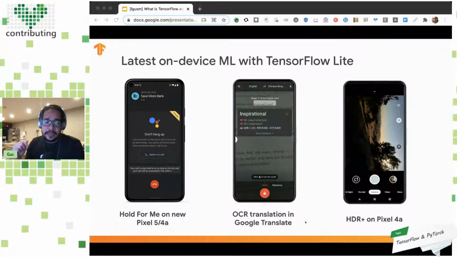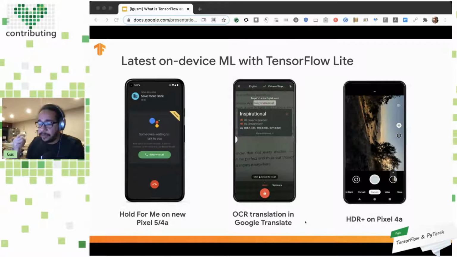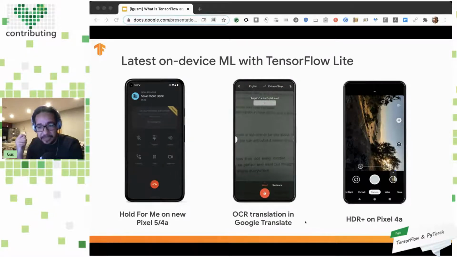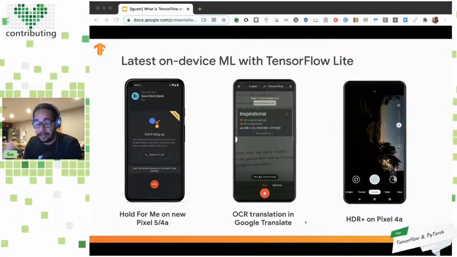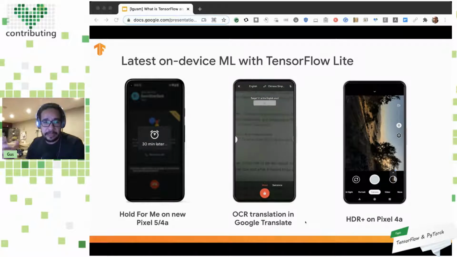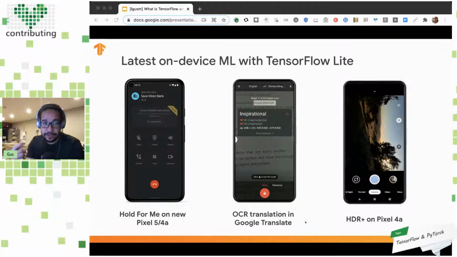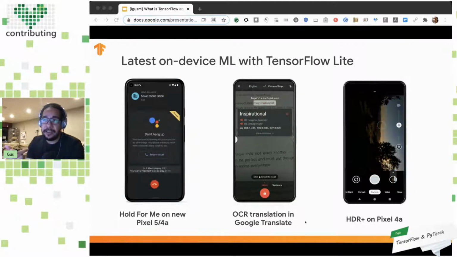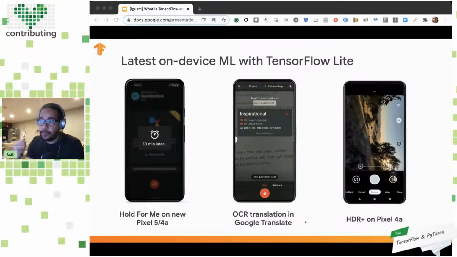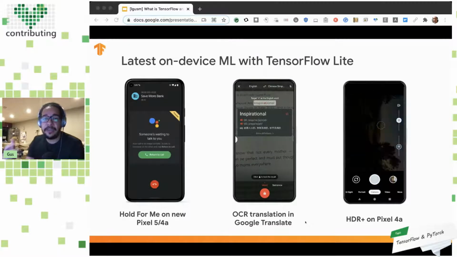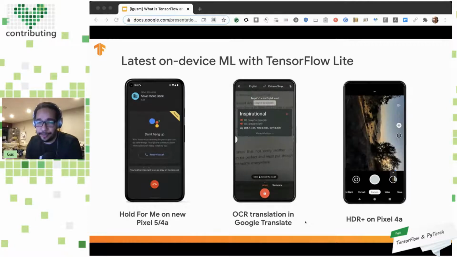The one on the left is called Hold For Me. It's a feature from Pixel devices that, when you call somewhere and there's the music that you have to keep listening to while nobody picks up the phone on the other side, because there are a lot of people in the queue, you are number 10, you have to wait, and then there's music. What it does is, you use this feature and it will listen to the music for you, and then you can do something else. When someone picks up the phone on the other side, the phone will ring you and say, hey, someone is here, and then you can come back to the phone. So it allows you to do other stuff that's not listening to that music.